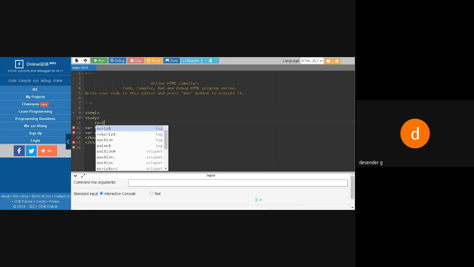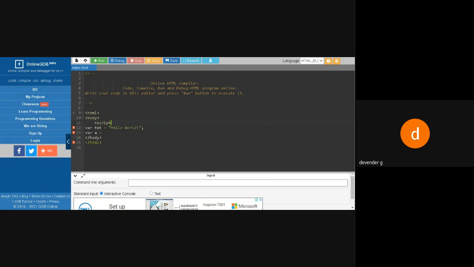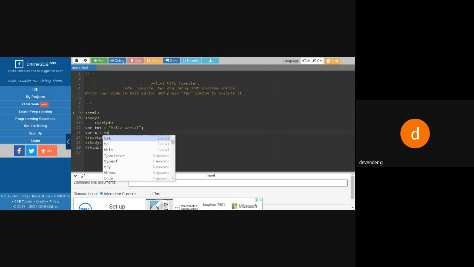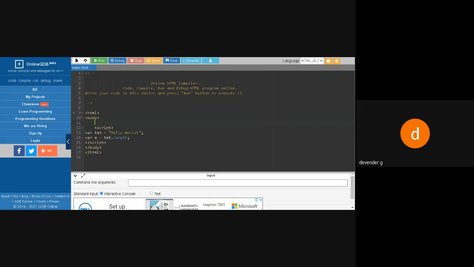When we are writing the code, we require the scripting language to be opened and the scripting language has to be closed. So we need this one. So text dot length. What we have taken, I want to display this in an alert dialog box, because as I told you, since 3 days we are unable to see this entire screen.